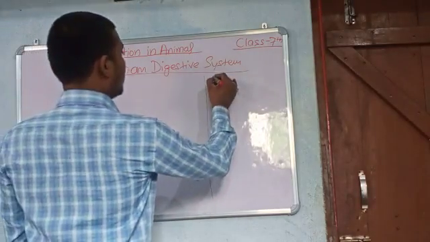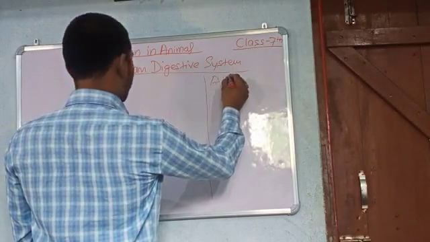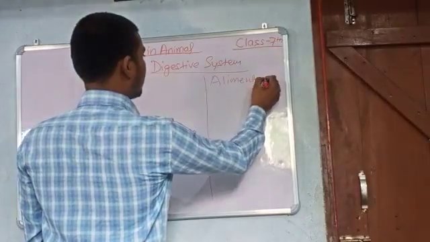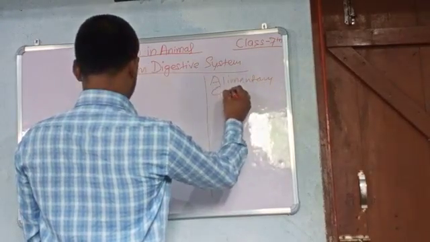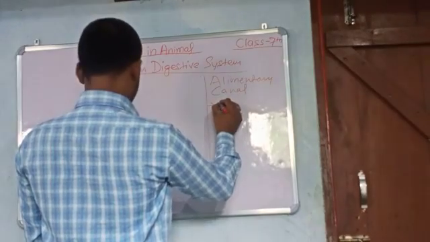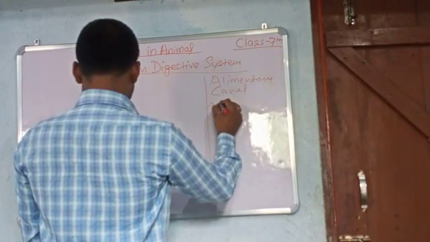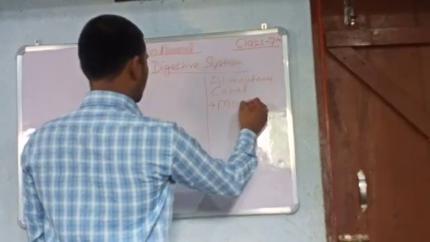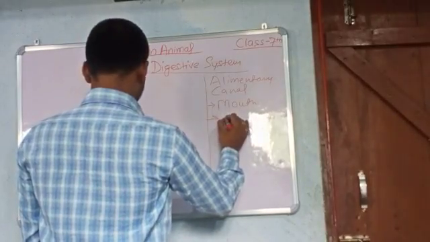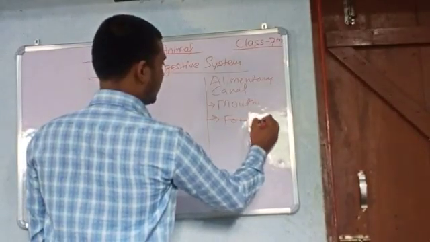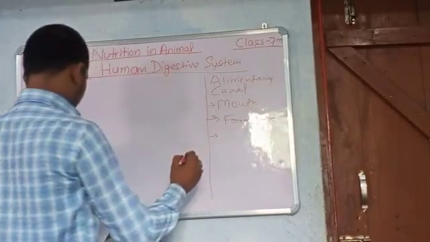First we have to write down the whole alimentary canal. First the mouth, second the food pipe, which is also known as the esophagus,